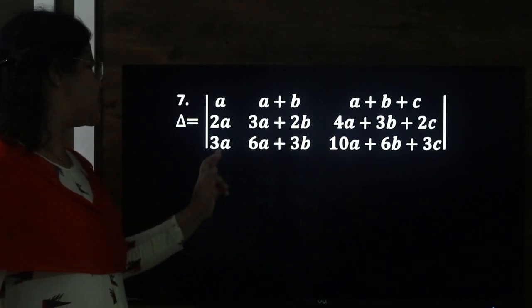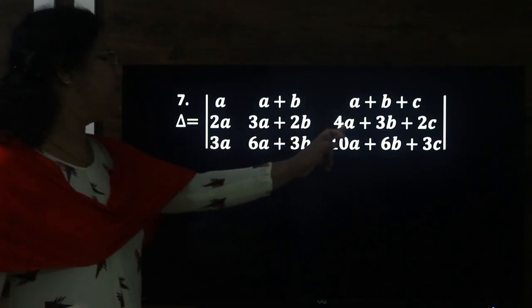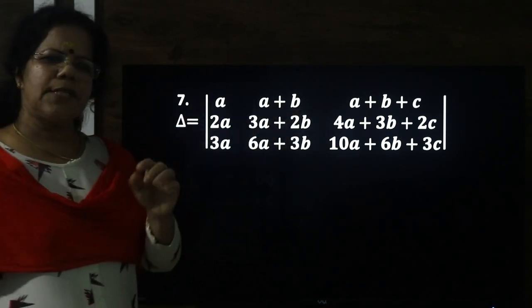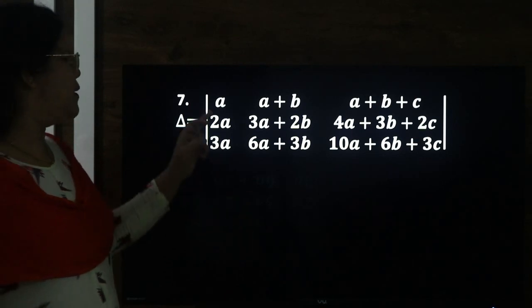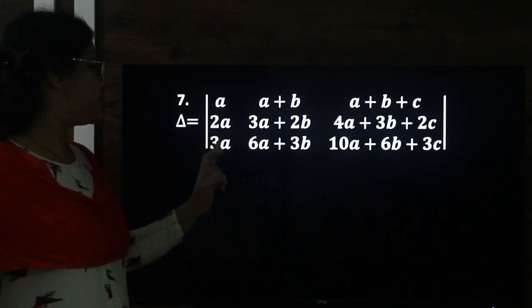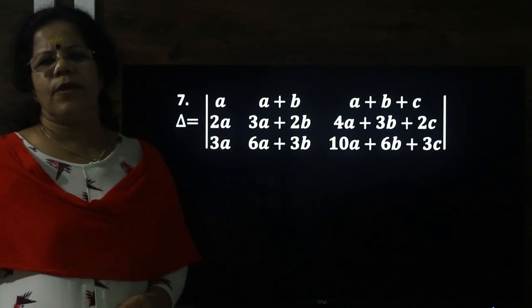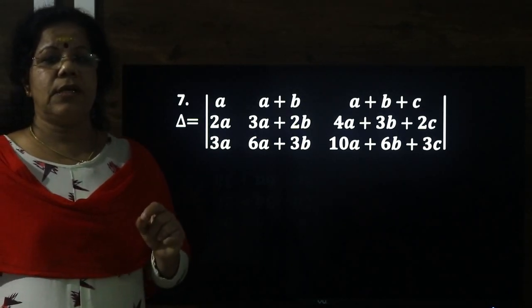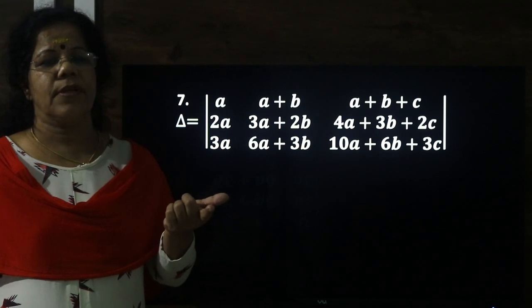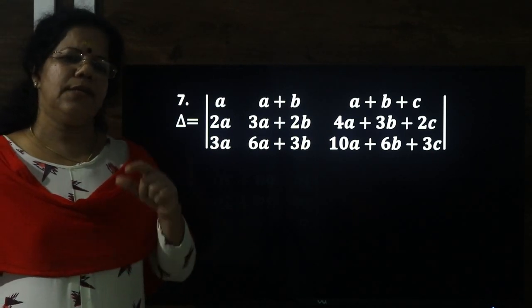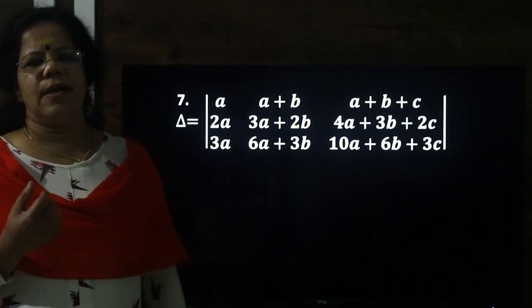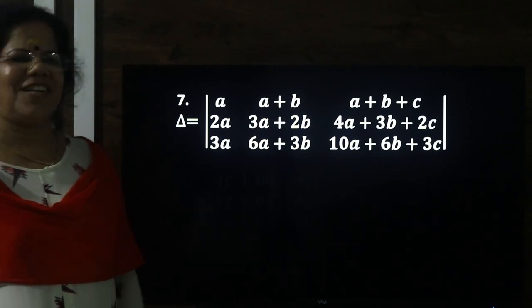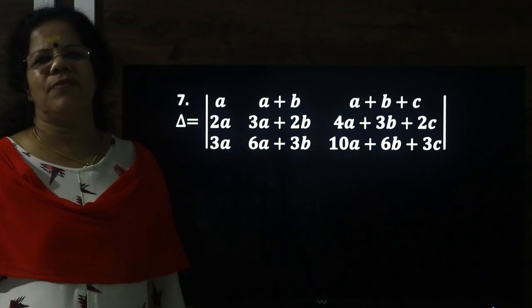Anyway, if I add all these things, you try, different numbers will come. So, best one, I do; many ways you can do. I am telling, I am trying to make this one to 0 and this one to 0. To make this 0, what you have to do? What operation is needed? You see, R2 changes to R2 minus 2R1. Right? That is R2 changes to R2 minus 2R1 and R3 changes to R3 minus 3R1. Right? These two operations we will do.